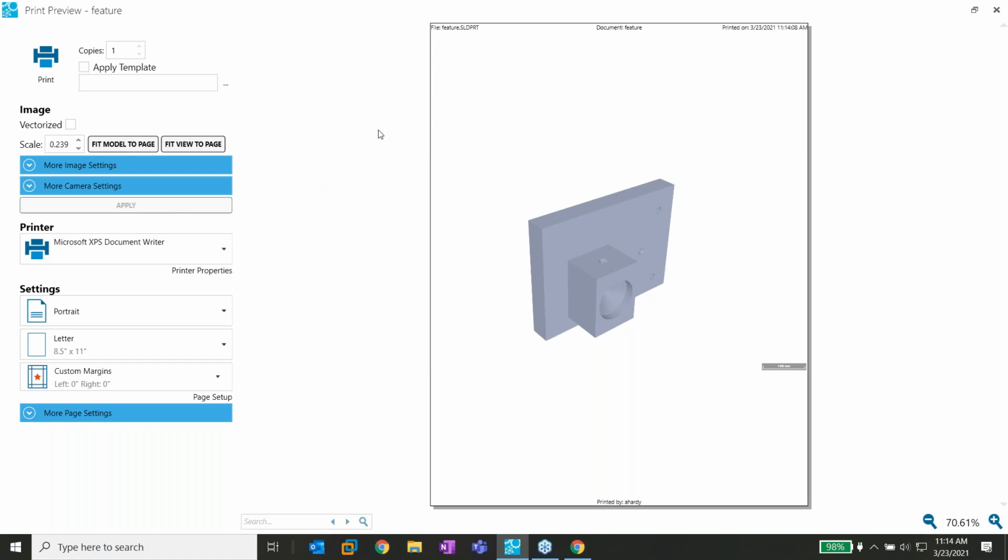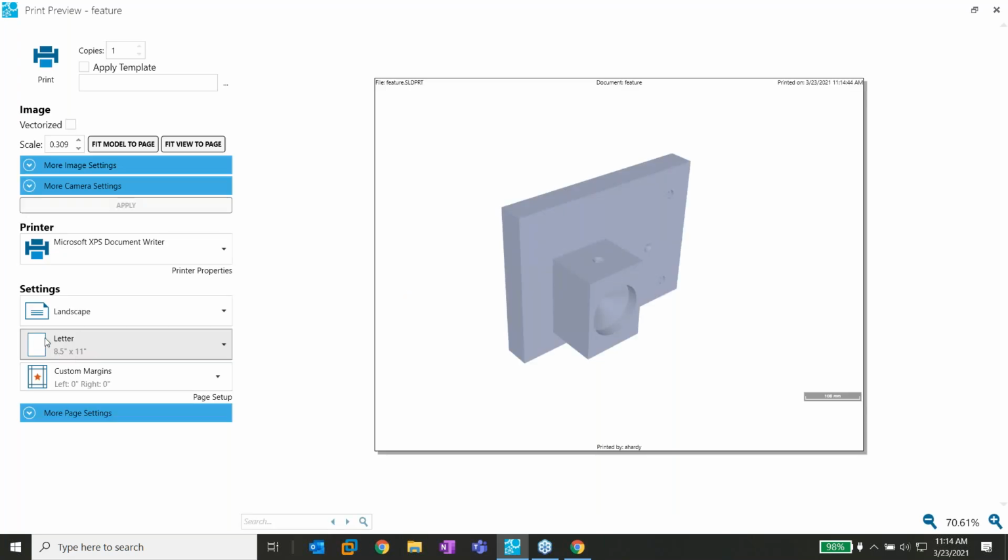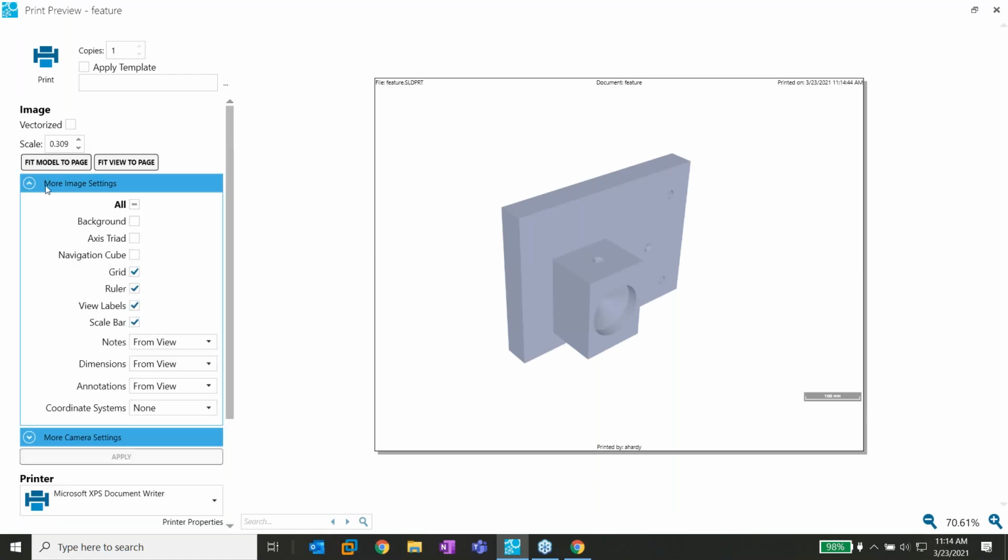So the new enhancement with 11.8.0 is that the settings of your print are saved for the next time that you go back to printing. Those options will be kept from the last time you made those changes. So landscape, and by default, instead of it being A4, it's now letter. And in addition, there are